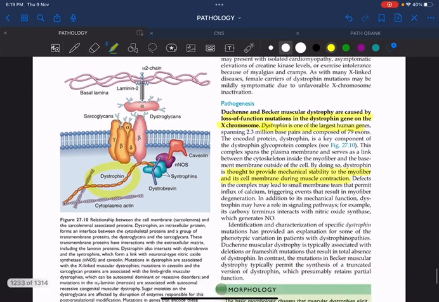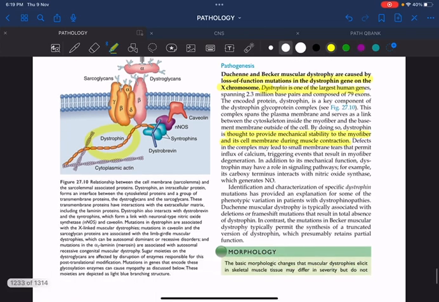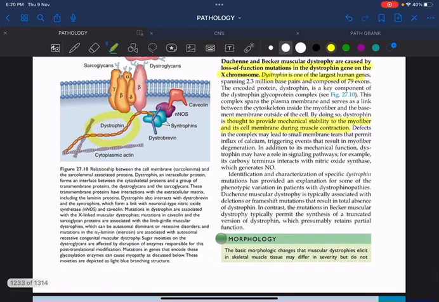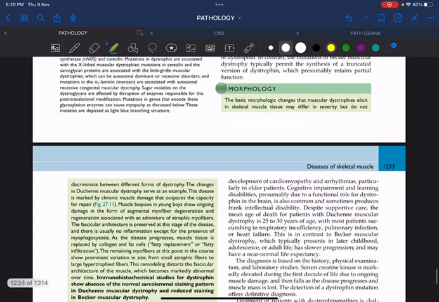So whenever there is a dysfunction, what will happen? The muscle will undergo dystrophy. And a very important point, these mutations are most commonly deletion and frameshift types of mutations. In addition to this stabilizing function, it also has another function in the signaling pathway. For example, it interacts with nitric oxide synthase. You know, nitric oxide is a relaxant. So what is the basic